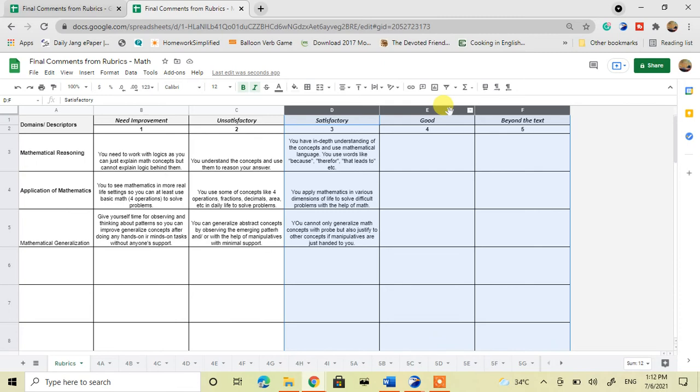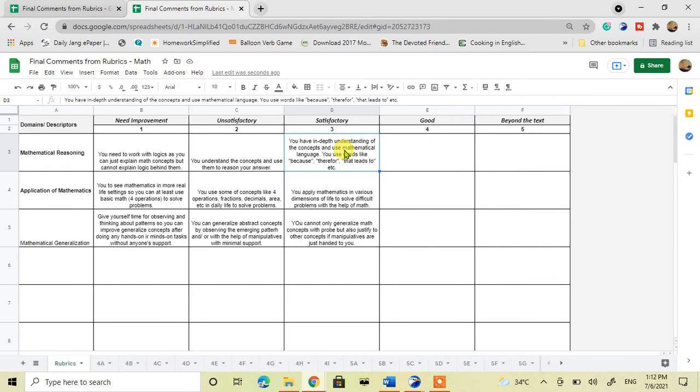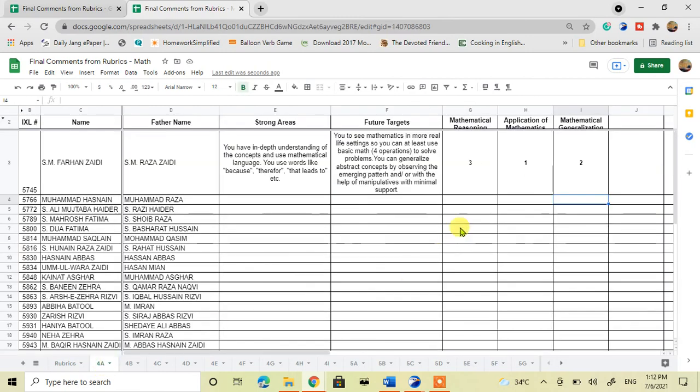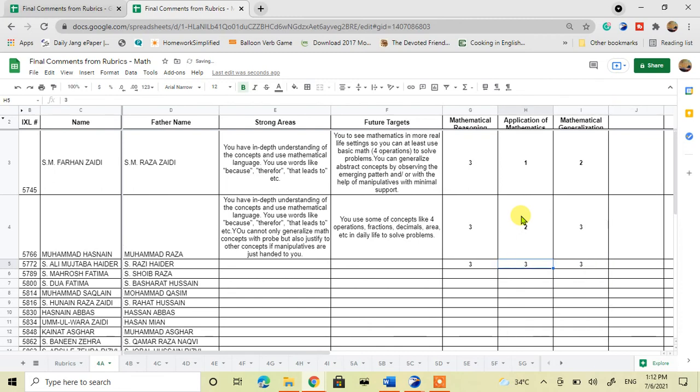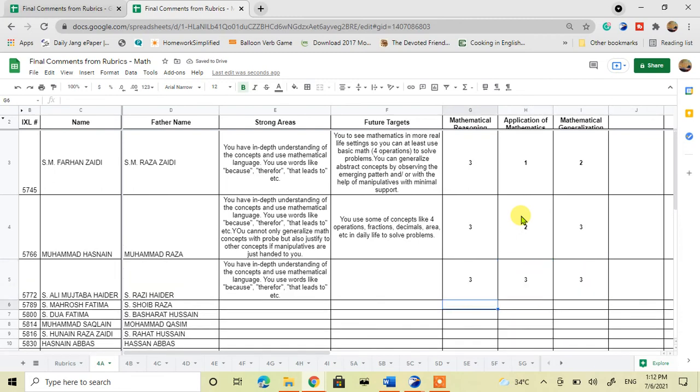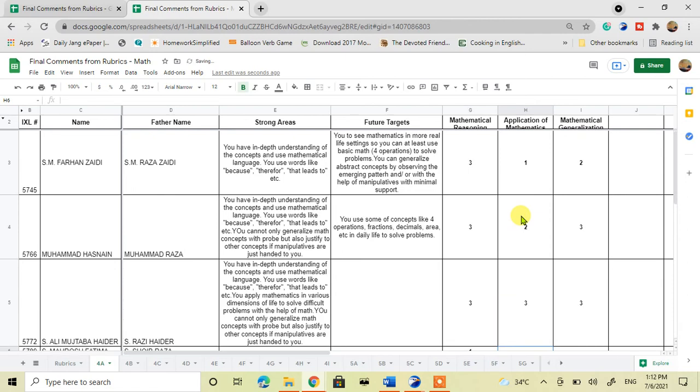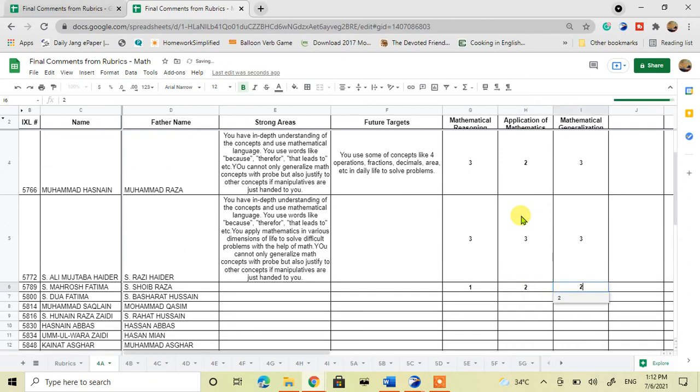So it is better if you have multiple domains. It is good if you do not repeat words, so definitely the paragraph will be more appealing and more meaningful. As you keep on writing, the paragraphs will be written automatically, and they can be printed out and given to the students. If the student has no gray area, for example, there is no future target for the student. So you can make a balance of it, and use it smartly accordingly.